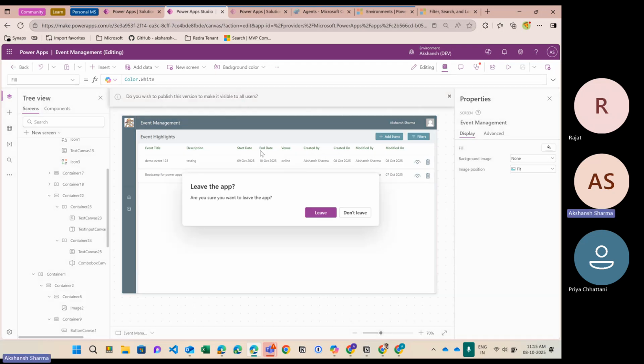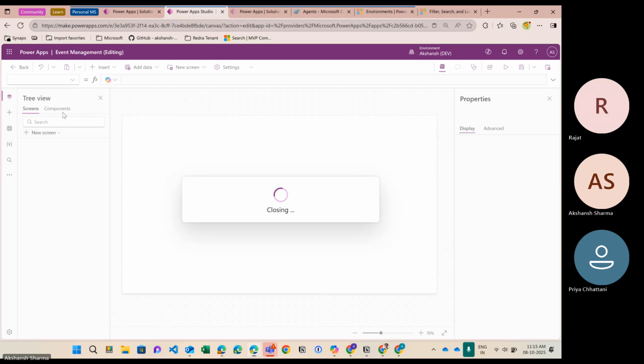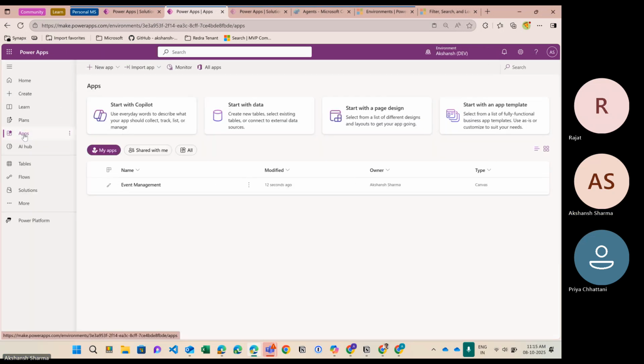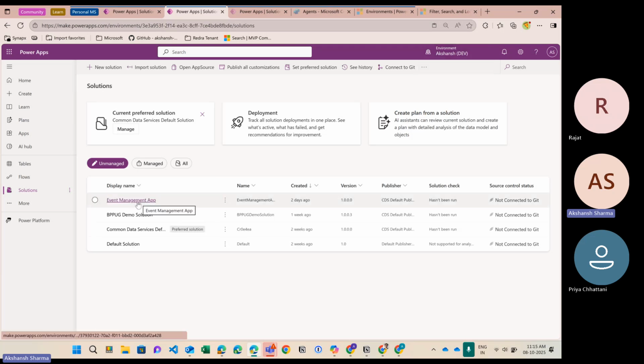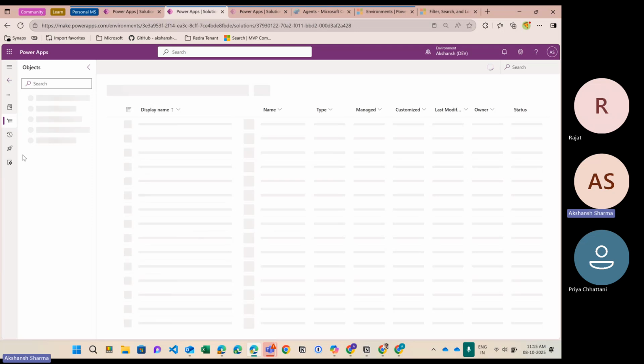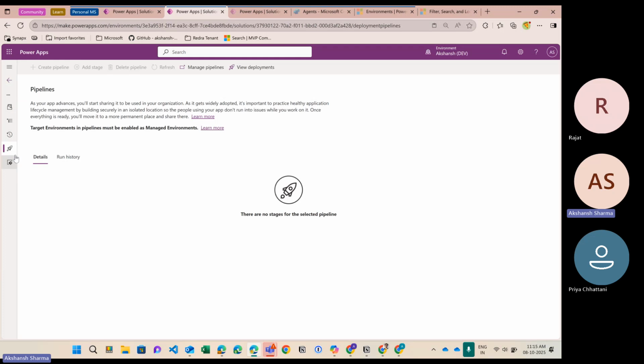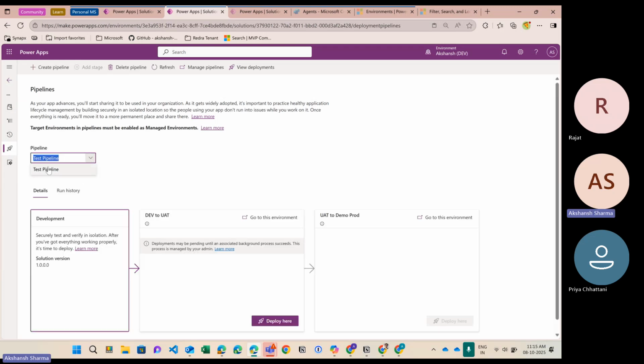All right, so this is published. Let's close the application. And we have our solution. Now, what we will do is open the event management app. We will go to the pipelines tab, and you can see I have my test pipeline created, right? The test pipeline has two different stages, one for dev to UAT, and you can see the environment name where it is linked. That is Akshansh UAT, and then it is going to prod, which is my pipeline hosting, which is just for